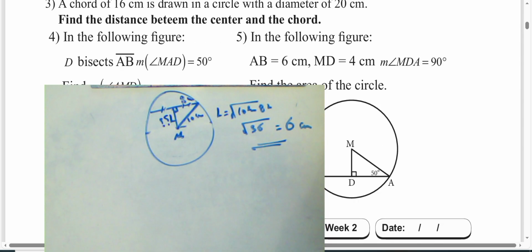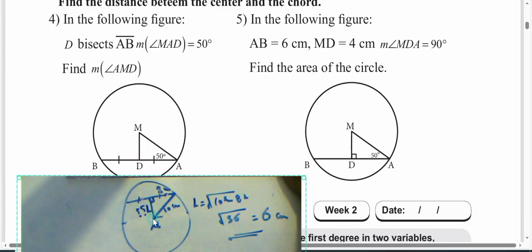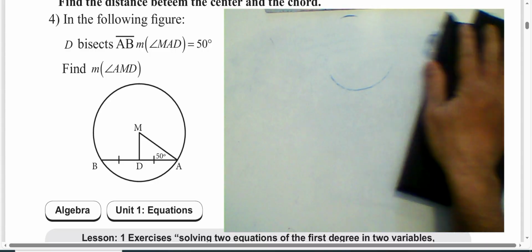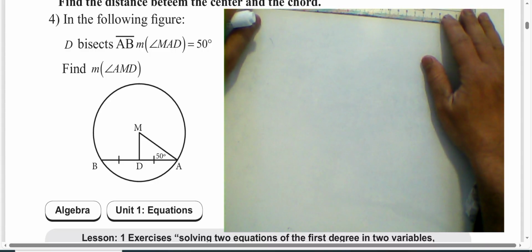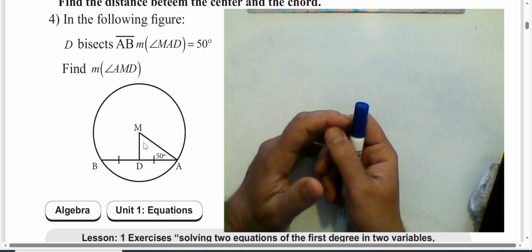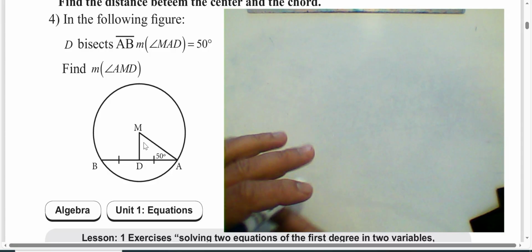Next question. Number 4 is the following figure. In this figure, we have D bisects AP. The measure of angle A is 50 degrees. We want to find the measure of angle AMD. You can find this angle by writing 90 minus the sum of the two angles, 50 and the other. We call them complementary angles. The sum of them equals 90 degrees, such that